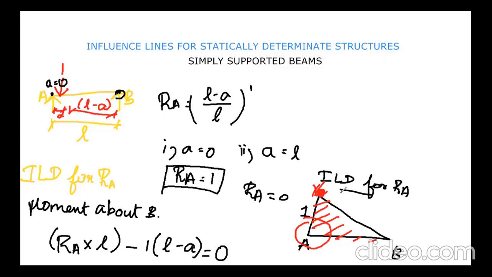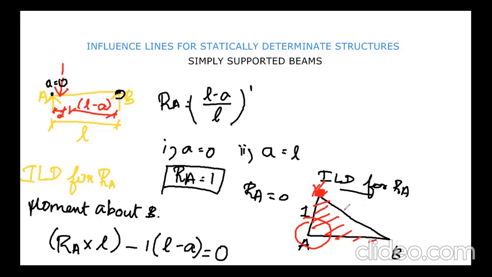Then what we will be doing is we will be multiplying that 50 kilonewton load with the influence line ordinate so that the reaction at the A will be obtained. Here the ordinate is 1. So the load is 50 kilonewton. So 50 into 1 means 50 kilonewton will be the reaction at the A. Okay, this is very clear.